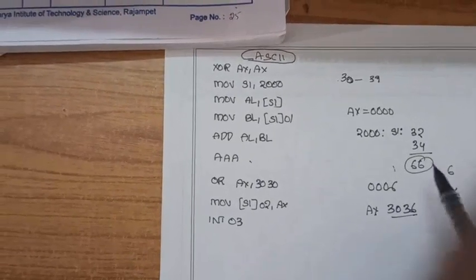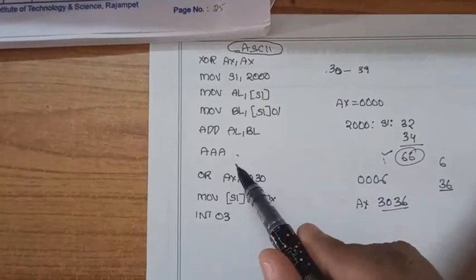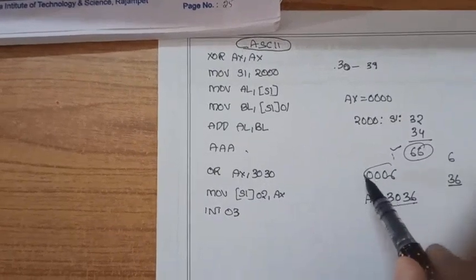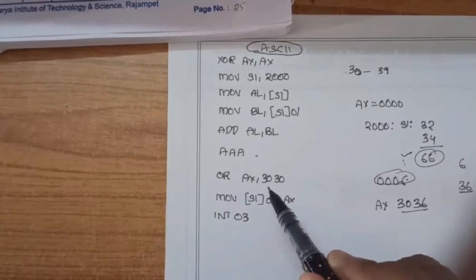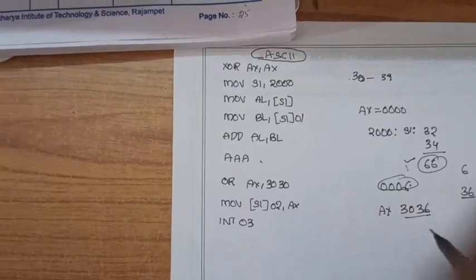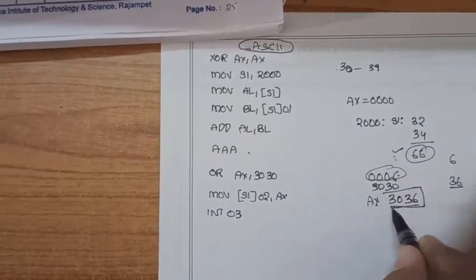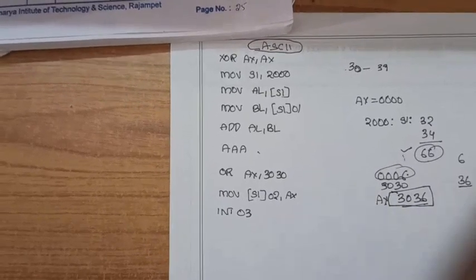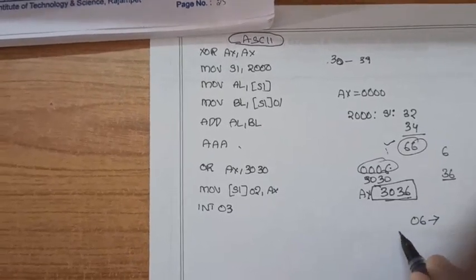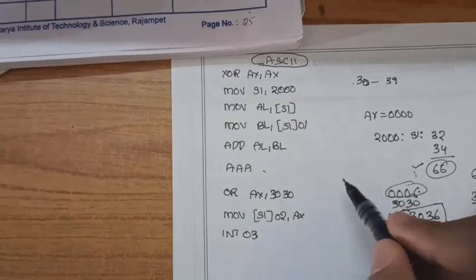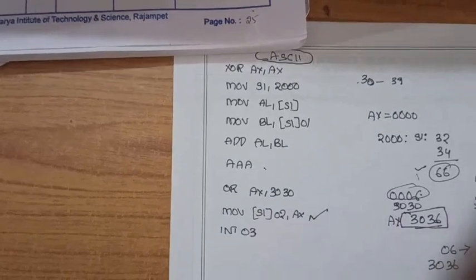How is this going to be converted? First, after performing the normal addition between the two inputs, the ASCII adjust after addition command converts this into this fashion. And for this data, what I am going to do in the next instruction is OR AX, 3030. So I am going to add 3030, which produces the actually desired output of 3036. Nothing but 06 is the actual decimal output, but to represent 06, what we write in ASCII is 3036, and the same result is posted in the consequent memory locations.